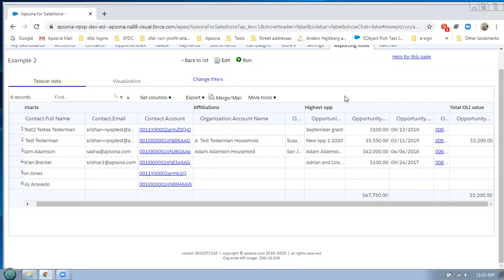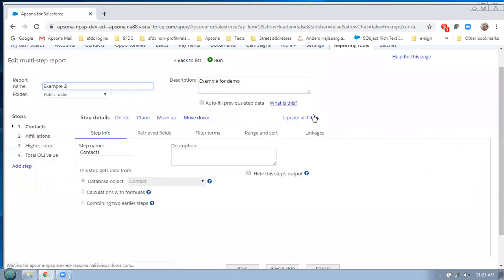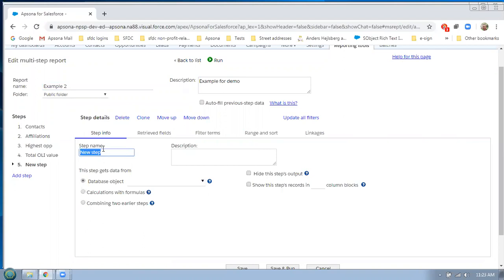So let's say that opportunities are comprised of services and products, and we want to see what the service value was, which is the difference between these two. So let's edit the report, and let's add a step here. And when we do so, the same UI becomes available. And let's say we do calc here, and we get this. We set this up as a calculation with formulas, and move over to the